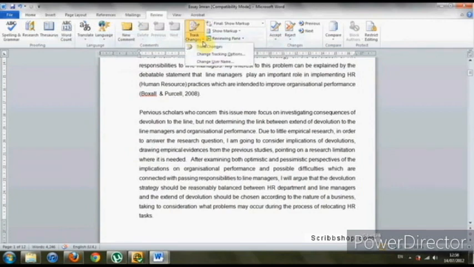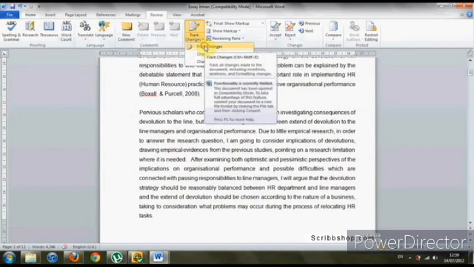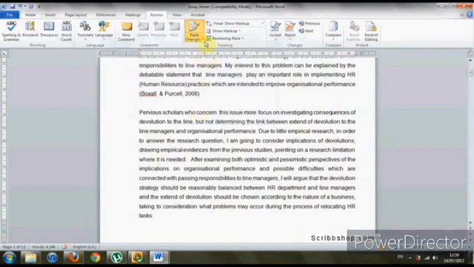So I'm going to click Track Changes and select or activate Track Changes here. Now we can see that the tab changes to yellow, which means it's activated. And I'm going to edit this first sentence here to demonstrate how Track Changes works. So we're having a look at this first word, pervious. We're going to change that to previous